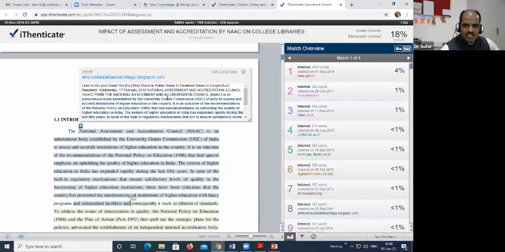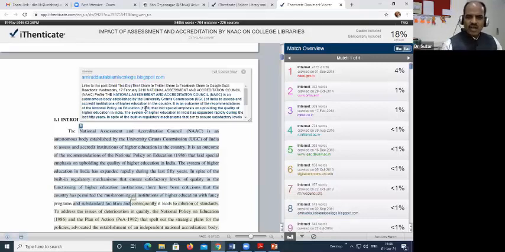See, National Assessment and Accreditation Council, NAAC. National Assessment and Accreditation Council, NAAC, is an autonomous body established by. So the text is as it is, which was previously available in this source, on 17th February 2010, and it has been used on 2nd September 2011 by this researcher from this source.